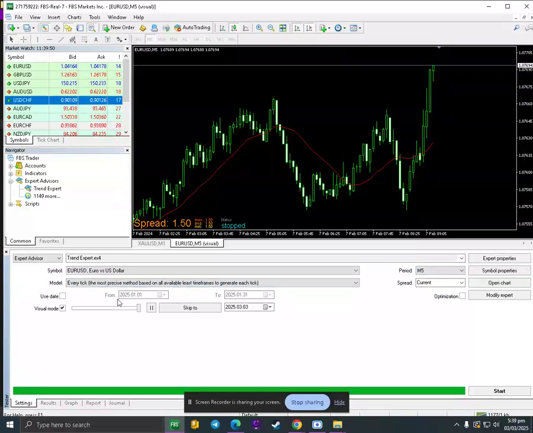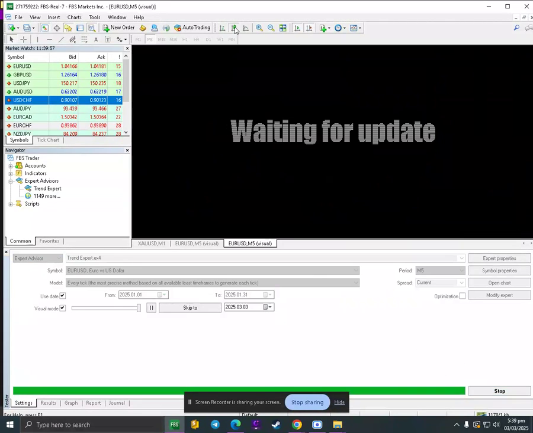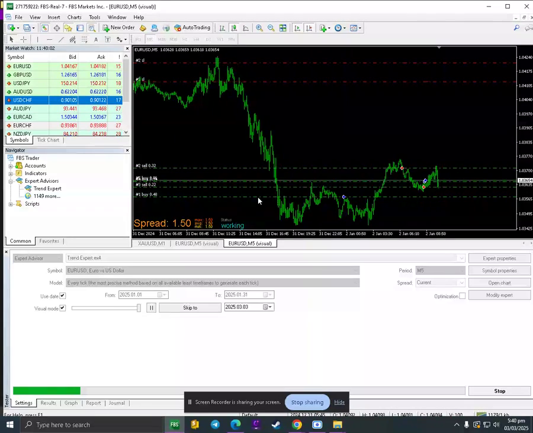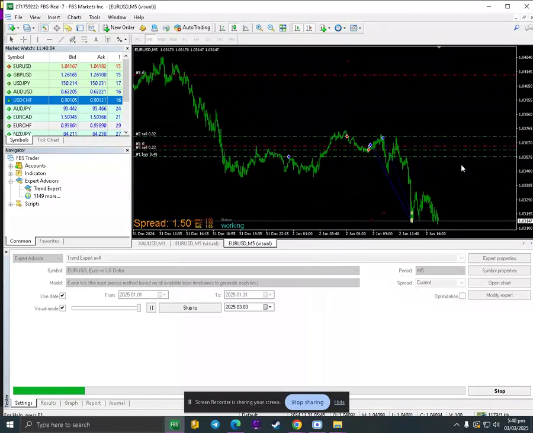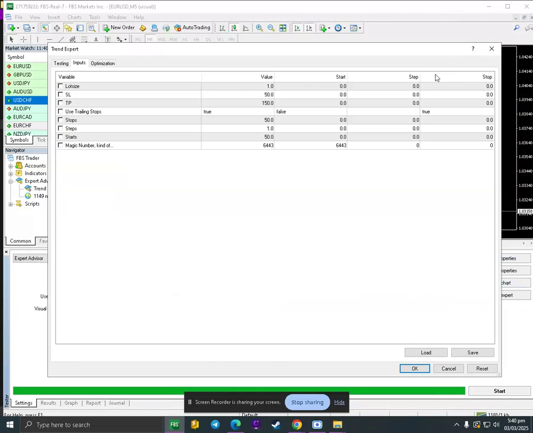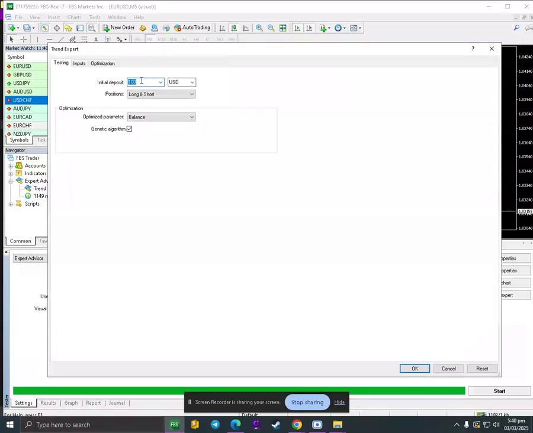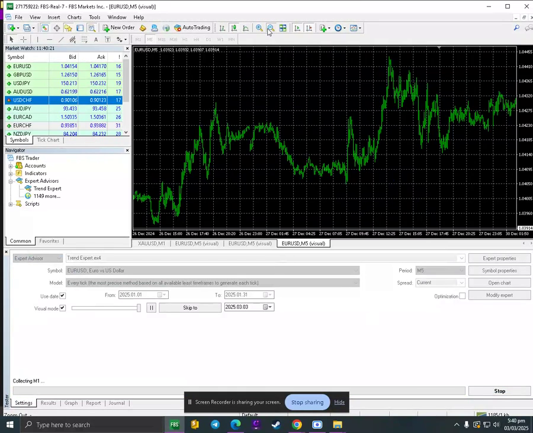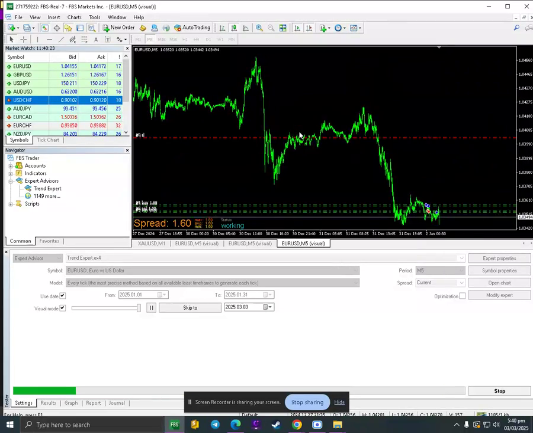Let's try to use the date, January 31, just like that. This is on M5. Let's check again. As you can see, guys, it trades based on our conditions. I think the balance is very low, that is why, since we use a one lot size, you know. Let's try it again.